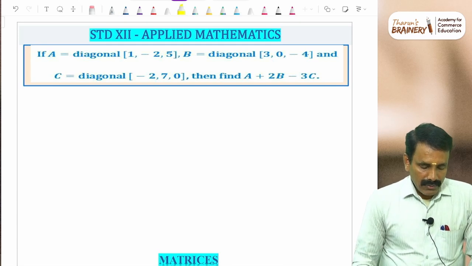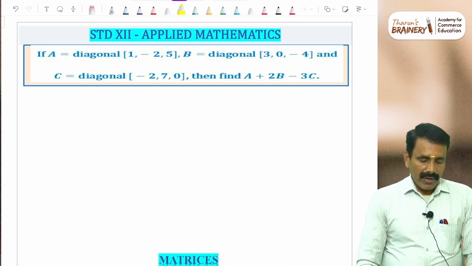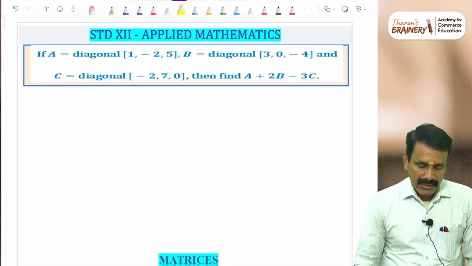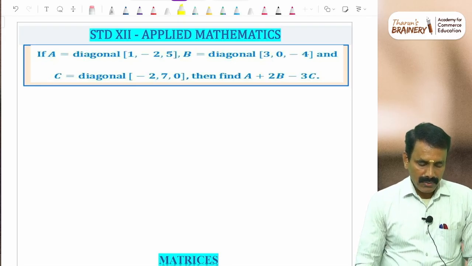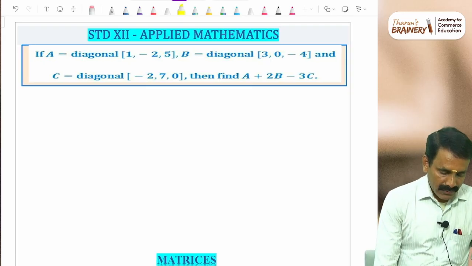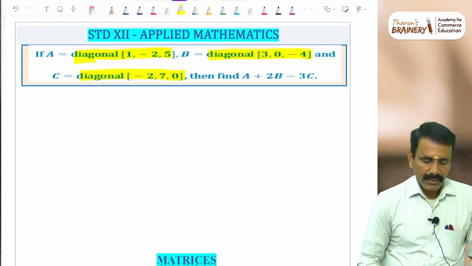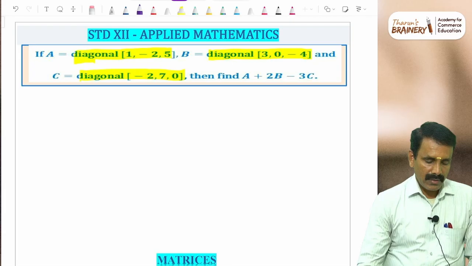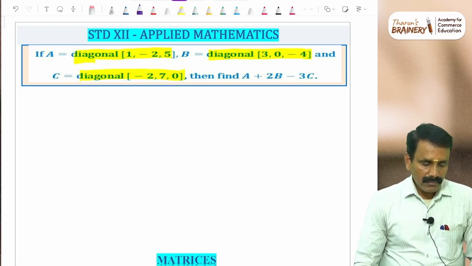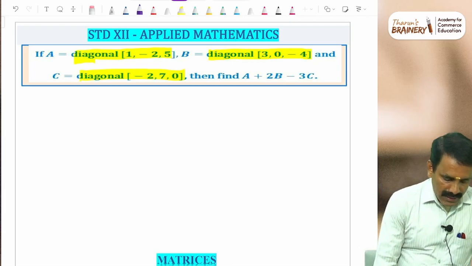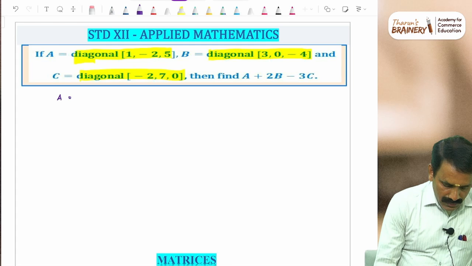Now, A is equal to diagonal 1 minus 2 5, B is also diagonal 3 0 minus 4, and C is also a diagonal minus 2 7 0. What do you mean by diagonal now? This is a new term what we are going to see. Diagonal. Okay. A is equal to, they are given like this. What is that? Diagonal